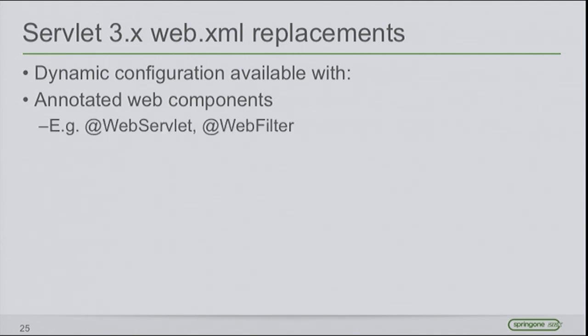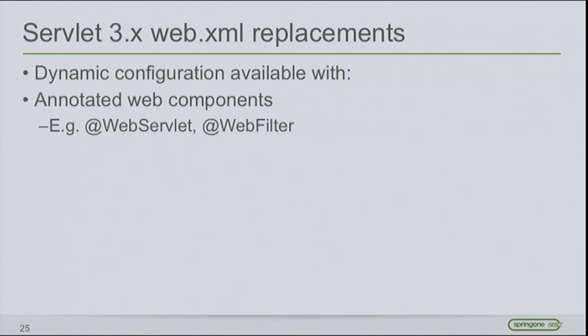And that is if you don't want to use Spring usually. Well, no one wants to do that, of course. The servlet spec itself has annotations now, starting from Servlet 3, and these are called web servlet, web filter, and so on. So you can write a class, you annotate it with web servlet, web filter, whatever you like. That class will be picked up, and it will become a servlet or a filter.